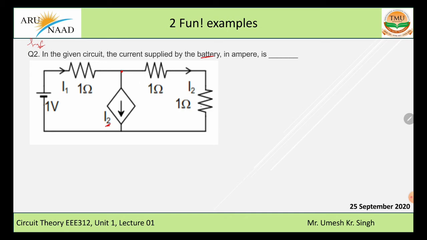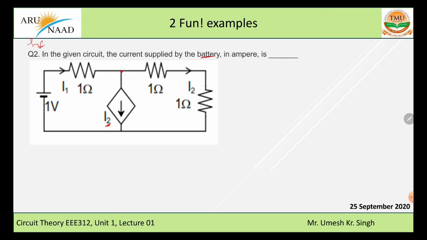If you want to solve this using KVL, then KVL is not applicable, because the voltage across any current source is purely arbitrary and depends upon the external load connected across it. And for this dependent current source, we don't know the voltage across it, so we cannot apply KVL here. Now what is the option? The option is to use KCL.